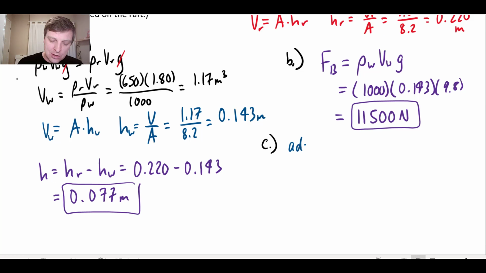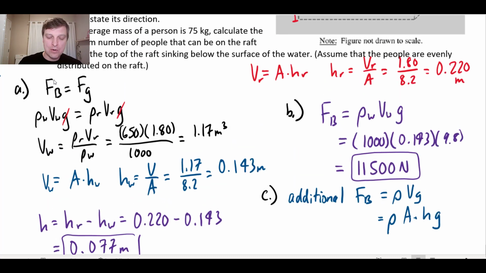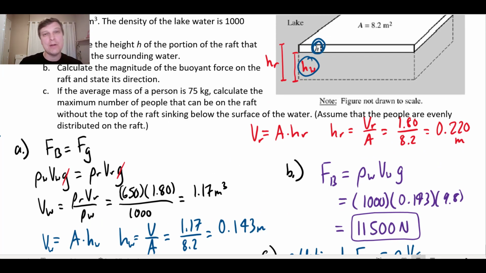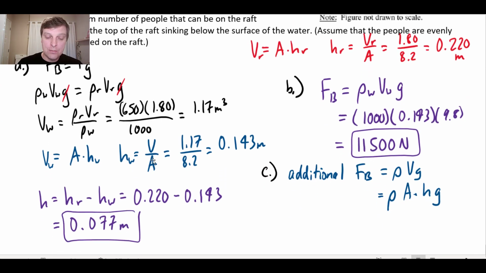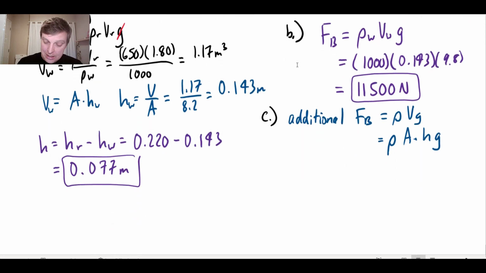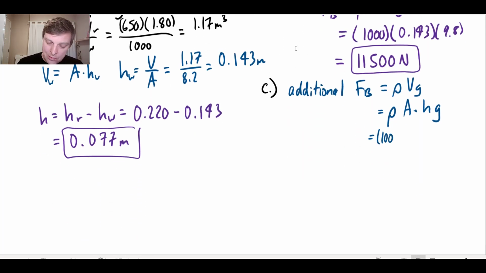So the additional buoyancy force is really just going to be related to how much height is above the water. So that's going to equal rho vg, but in this case it's going to equal rho times the area times h. And h, remember, is this height right here. It's how much height I've still got left over. So that's my additional possible buoyancy force. And I can calculate that, and that's going to equal 1,000 times 8.2 times 0.077 times 9.8 for G, and this is about